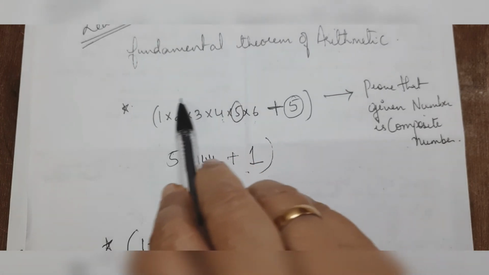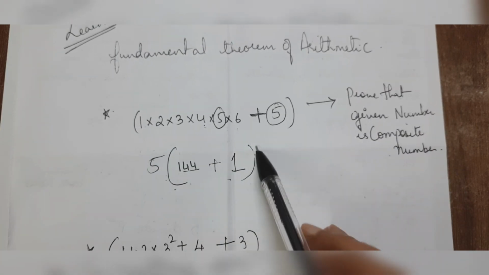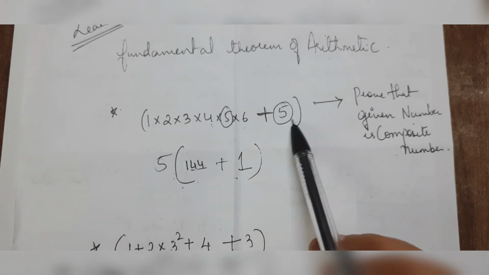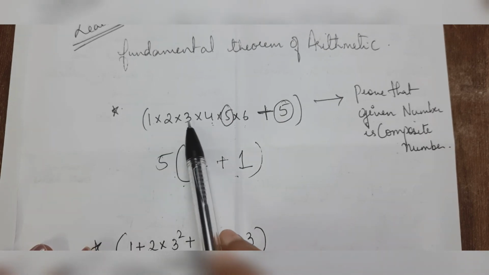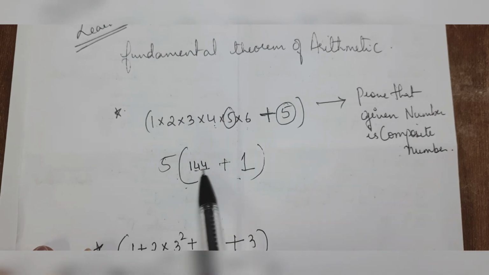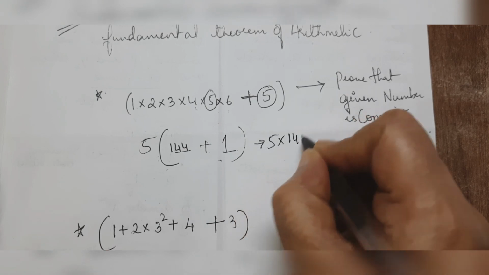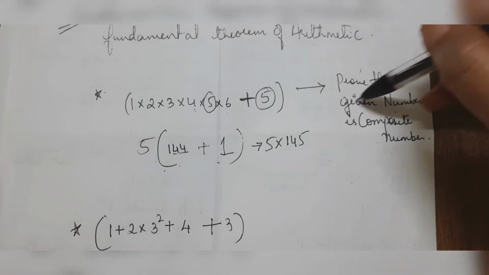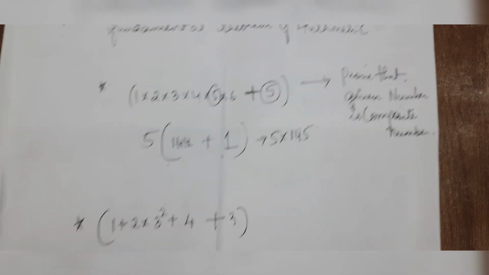This whole multiplication, treat this as a single term. We have to prove that this given number, whatever big number it results in, is a composite number. So 5 and plus is a separator, 5 and 5 common, pull out, multiply 1 into 2 into 3 into 4. Here this has gone out, so it is 1 into 6, 144 plus 1. So we get 5 into 145. You need not multiply and make it a big number. You can write that the given number has at least 5 and 145 as its factors. So it is a composite number.